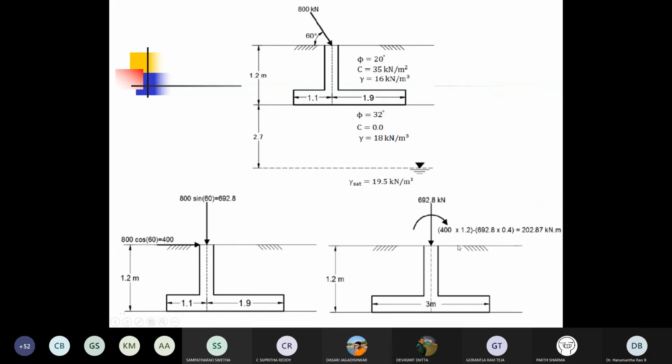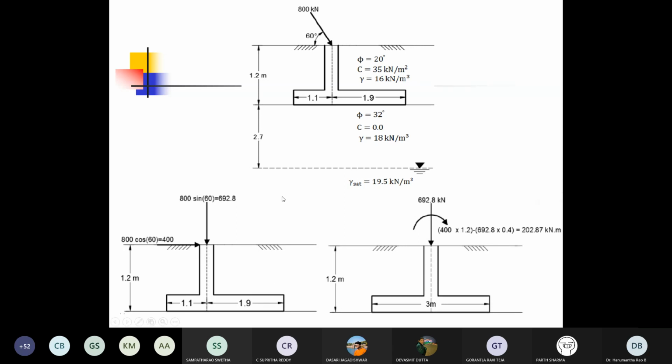Here you have to see the signs, clockwise or anti-clockwise movement. I think here one is clockwise, another is anti-clockwise. So that's why one is deducted from the other. Okay, so that is a little important. Just have a look into it. Otherwise the solution remains the same as the previous one.